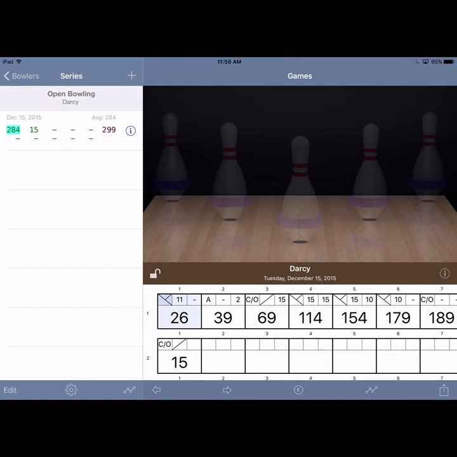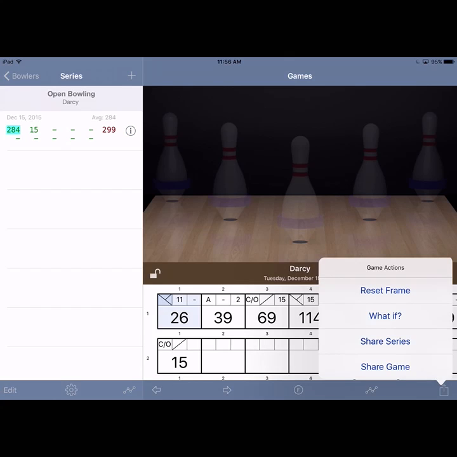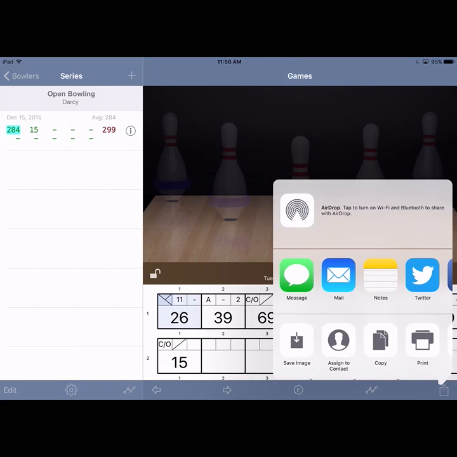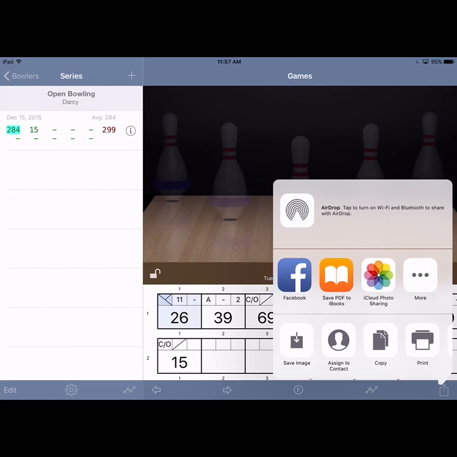Sharing, as I demonstrated in the last video, is similar here, right? But now I'm showing the game actions in a pop-up. I say share the series, which is new because reset frame, what if, and share game are all the same. If I say share series, you can see that this pop-up appears. It shows me the applications that are capable of handling images that I have installed on this device. If I say I want to mail